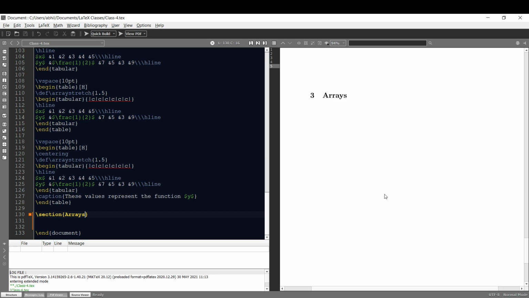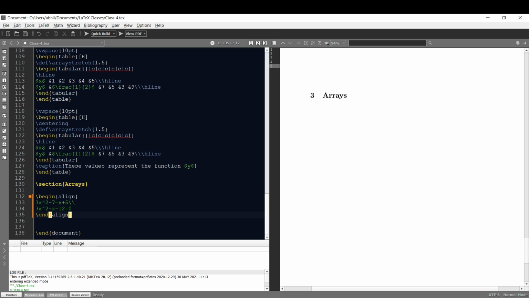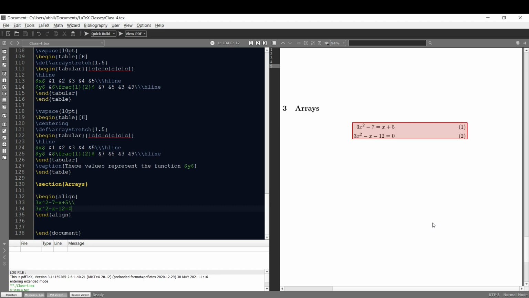So when I use double backslashes, or a soft return, here, the next line is assigned a new equation number by default. Let me try to solve an equation in this coding section using the align environment. As you can see, I have put a soft return, or double backslashes, after my first line to give it a new numbering, and after my final line, the second line, I have not put any soft return because it is my last line in this align environment. Now let me run. As you can see, I have default numberings now on both of my equations.